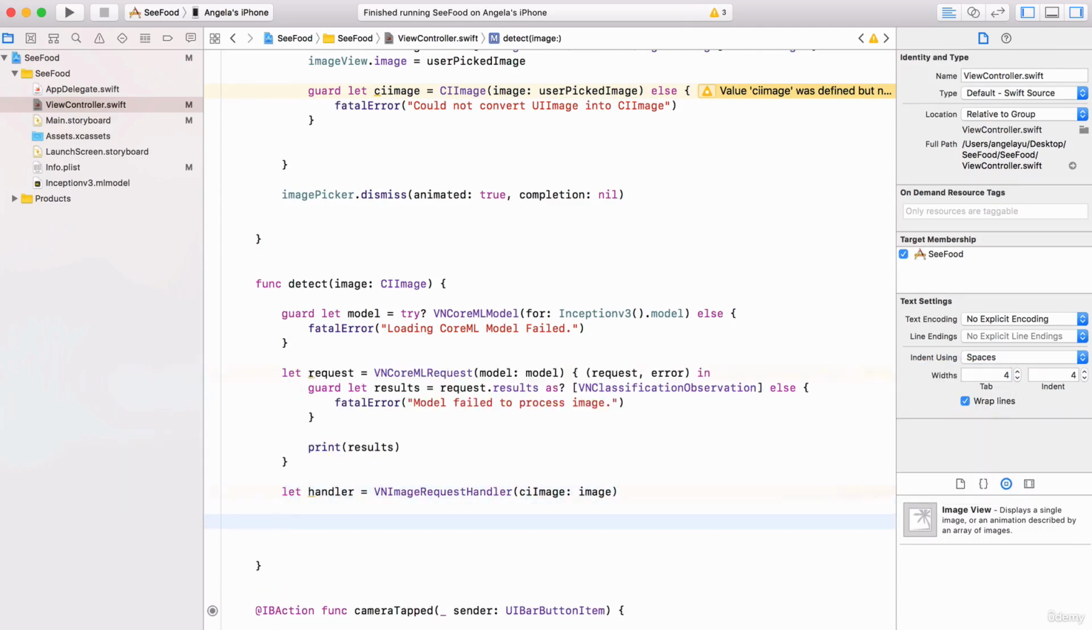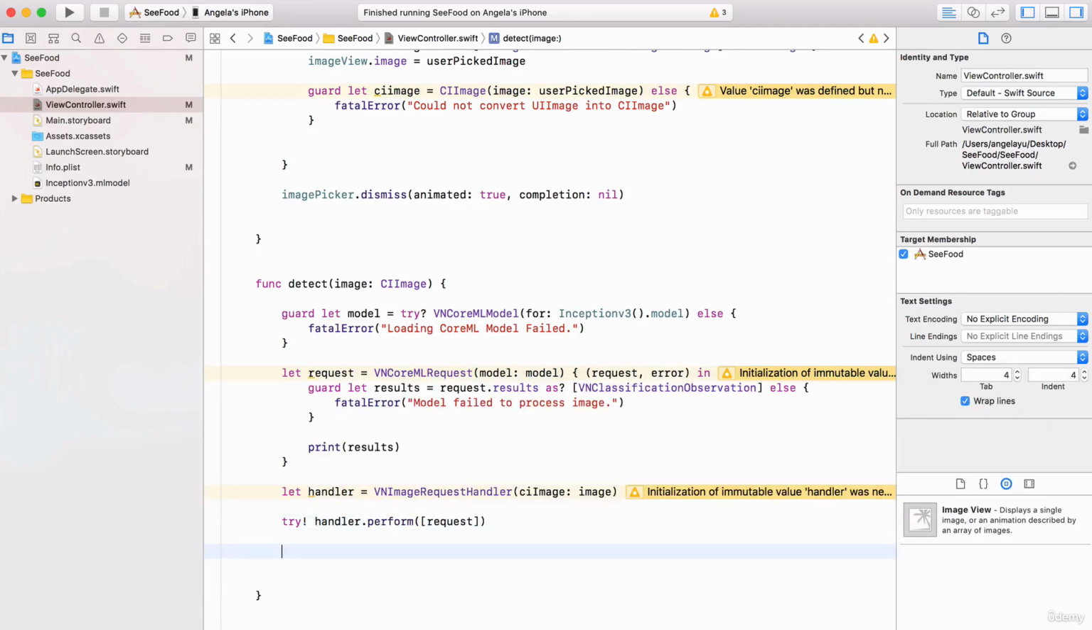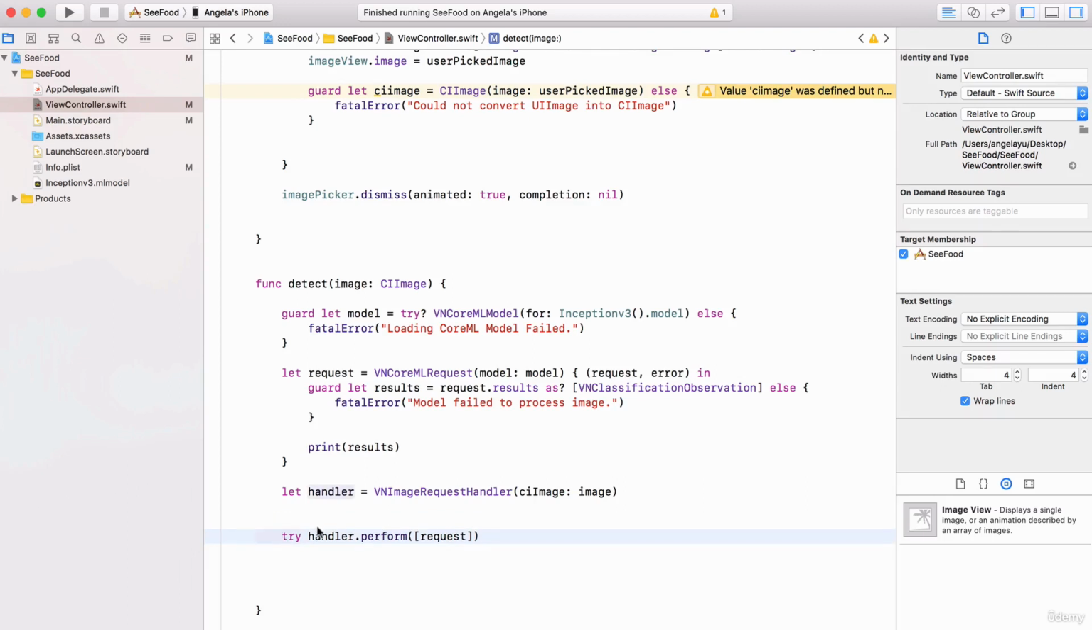And now all I need to do is write try, using my handler to perform the request, which is, of course, this request that we created early on. So this line of code will work as long as you don't get any errors here. Now, as you can see, we've got the exclamation mark after the try, which means that we're forcing it to execute this line. But instead, the safer way to do this would be to wrap this execution inside a do